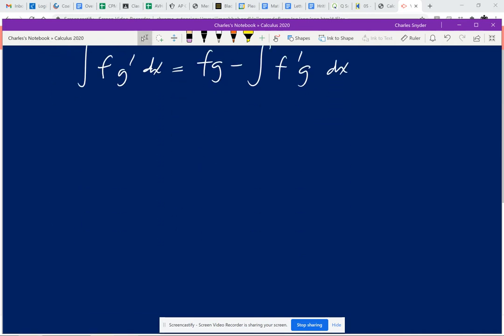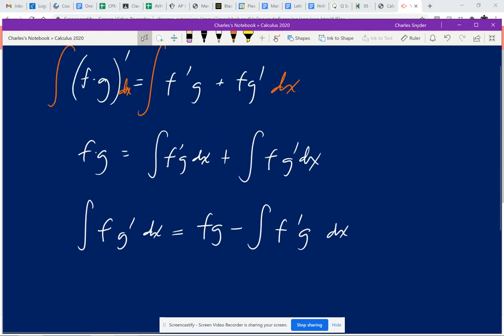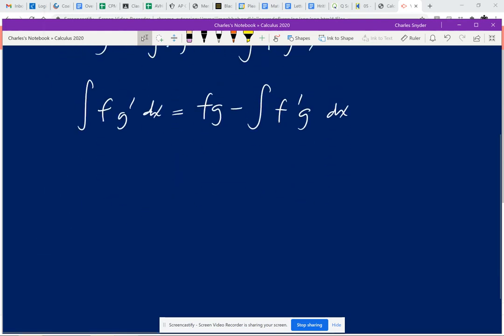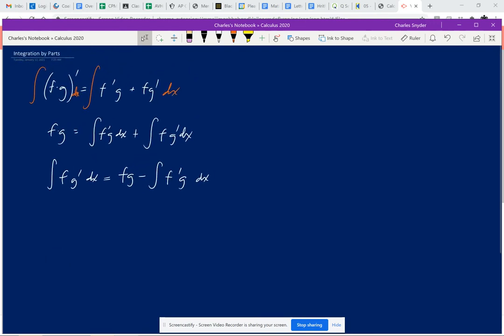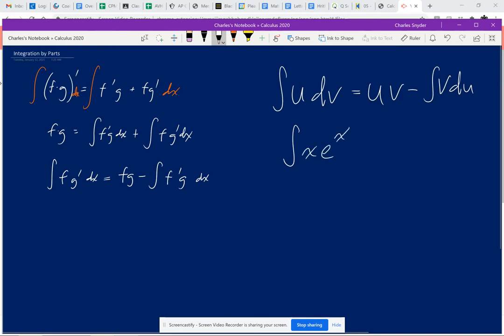I guess before I show you an example, I'll tell you that when you see integration by parts, instead of f and g, you usually see u's and v's, where f represents u and g represents dv. So the technical formula for integration by parts is the integral of u dv is equal to uv minus the integral of v du. So let's say I have an example like the integral of x e to the x